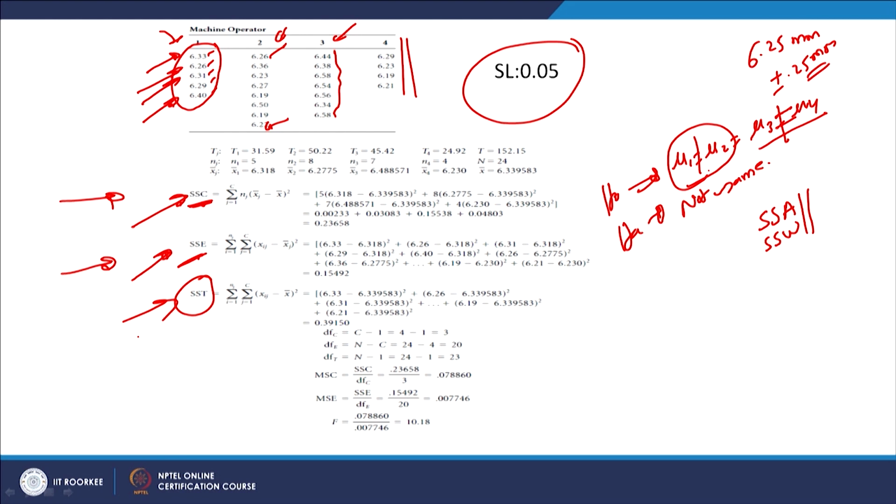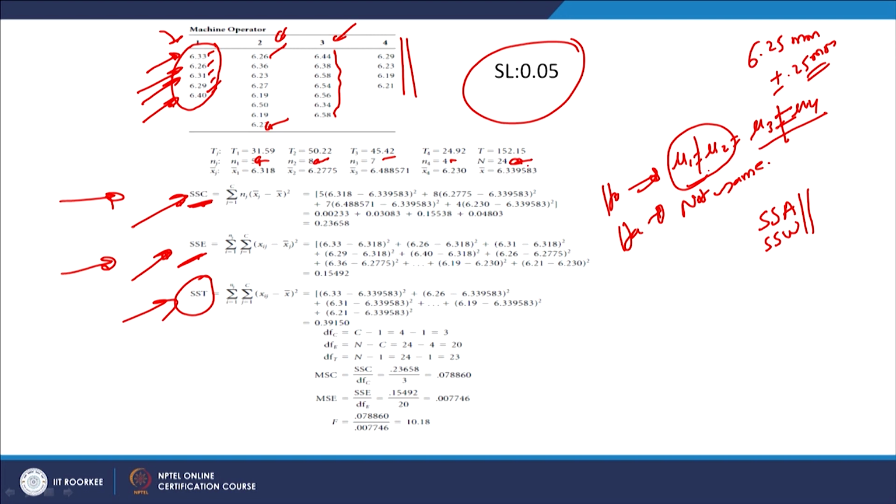If you proceed with this question, we have 5 units in the first sample. So, 1, 2, 3, 4, 5. Then 8 holes in the second sample, or second group or second column, then 7 and 4. In this way we have a total of 24 samples.